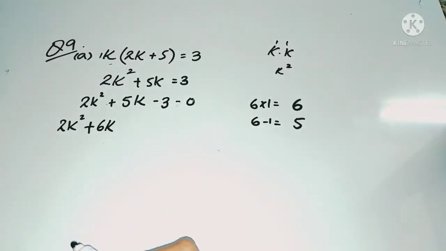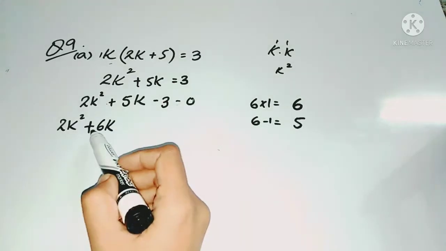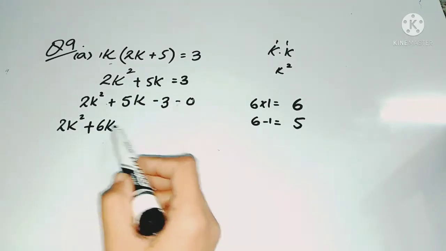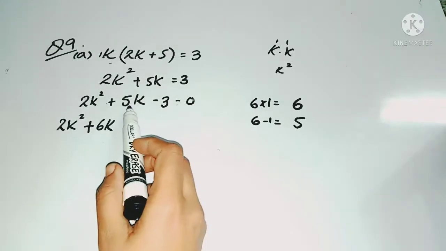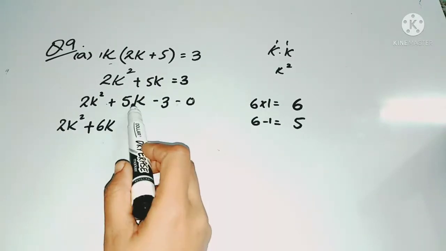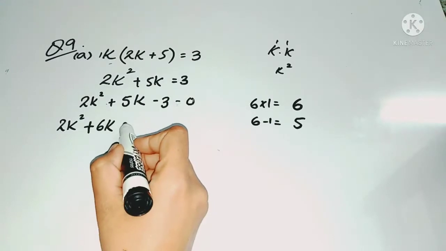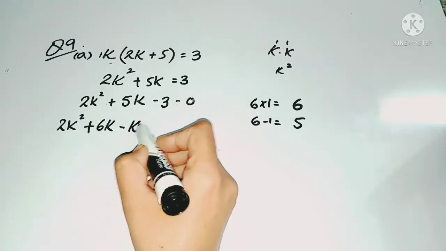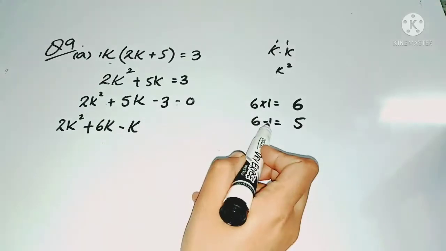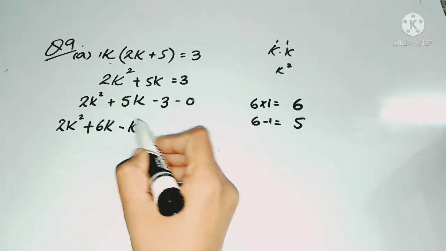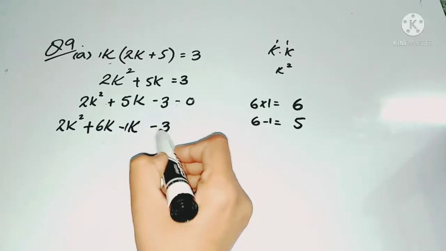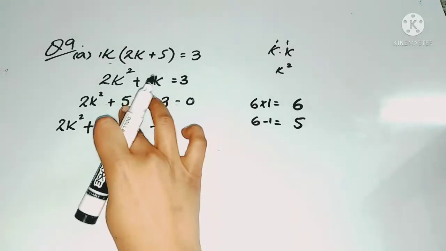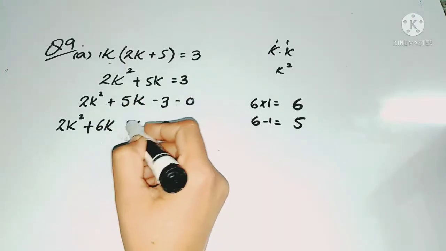But students, remember that you have to choose the other sign. If this is plus, what should be the other sign so that you can get 5? Okay, what should be the other sign with 1 so that you can get 5? So when you will subtract 1 from 6, then you will get 5. So the other sign should be minus, because plus minus is minus. I will just write down k and the coefficient is 1. Okay. Now write down minus 3 as it is. Okay, you can write down 1 if you want to, but there is no need. When a single variable is given, it means it has coefficient 1.